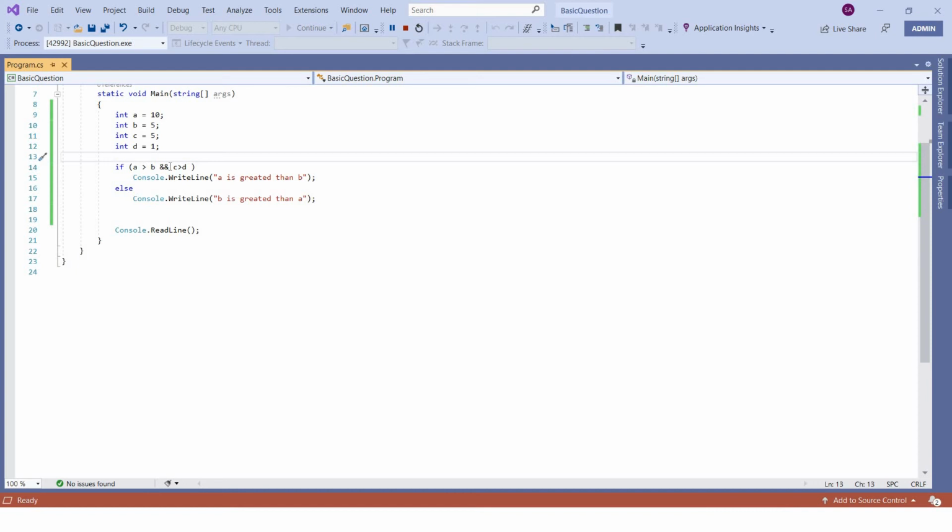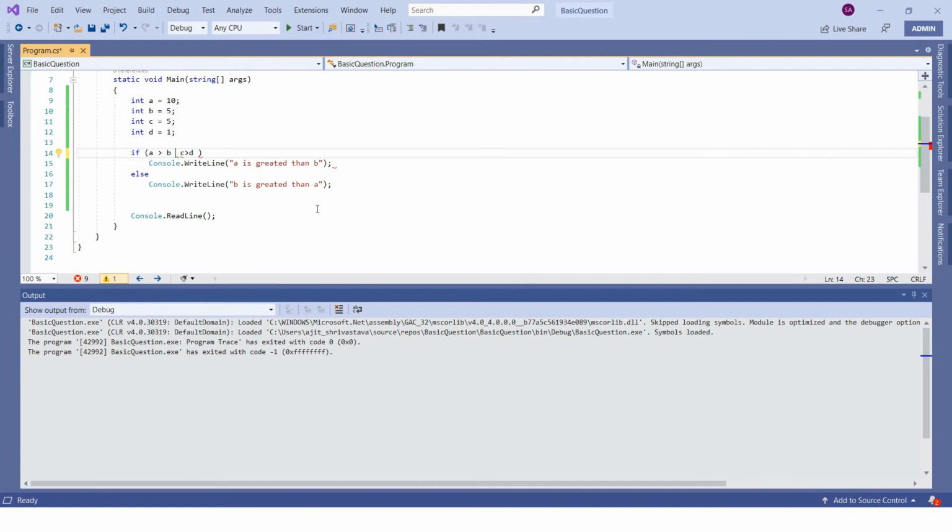Now let's come to the OR operator. Okay, so what the OR operator does is, it will try to evaluate this. If the left hand side condition evaluates to true, again it will not evaluate this. Basically, to satisfy this if condition, it needs a true value, right?